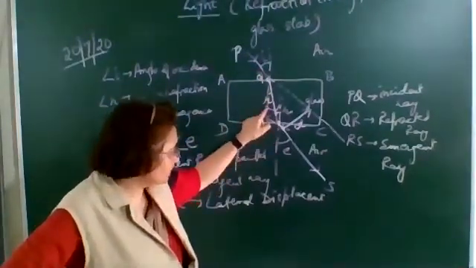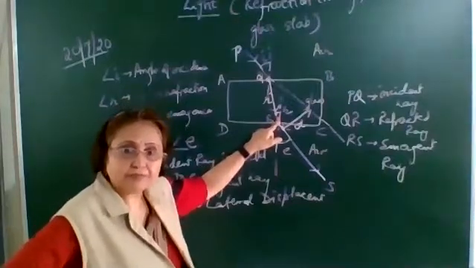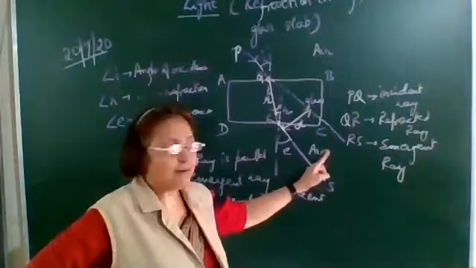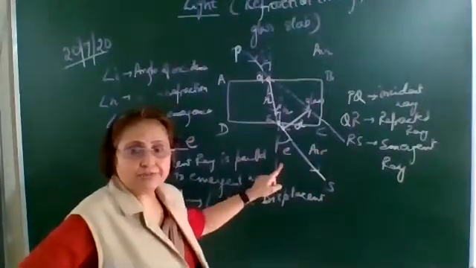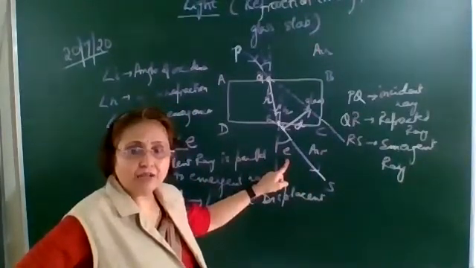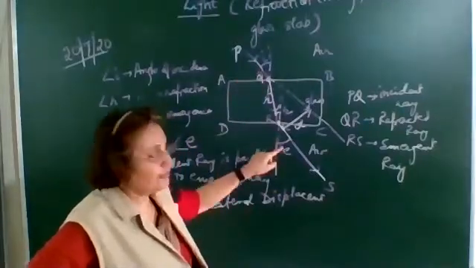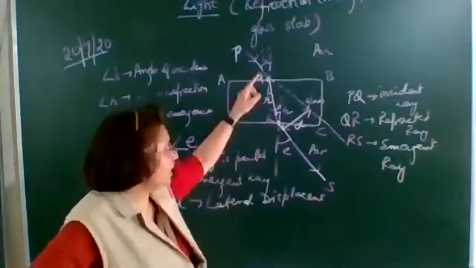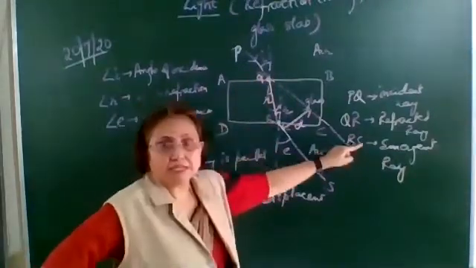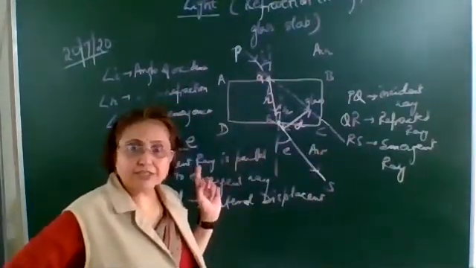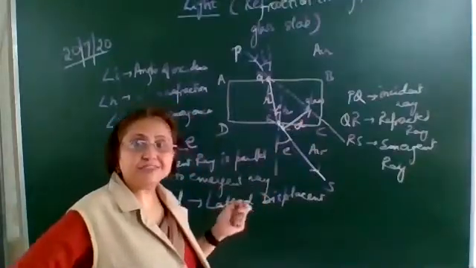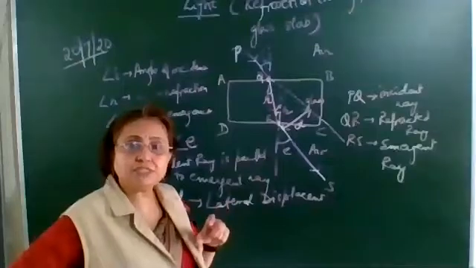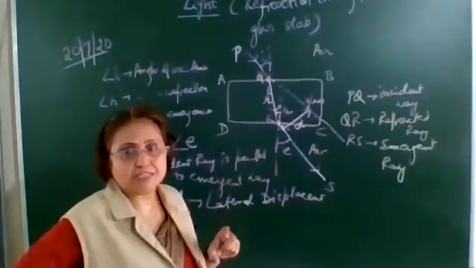the angle of refraction. If this is R, this angle will also be equal to R. Then as it is going from glass to air, it will bend away from the normal, and between the emergent ray and the normal, this angle we call the angle of emergence. Now when you measure the angle of incidence and the angle of emergence, you will find that these two angles are equal. So as the two angles are equal, the incident ray will be parallel to the emergent ray, but the emergent ray is displaced from the incident ray. So the perpendicular distance between these two rays, we call lateral displacement.